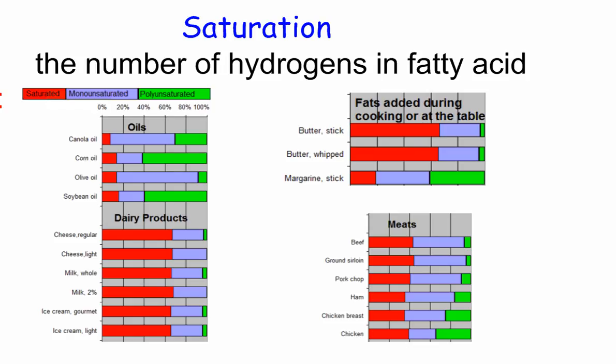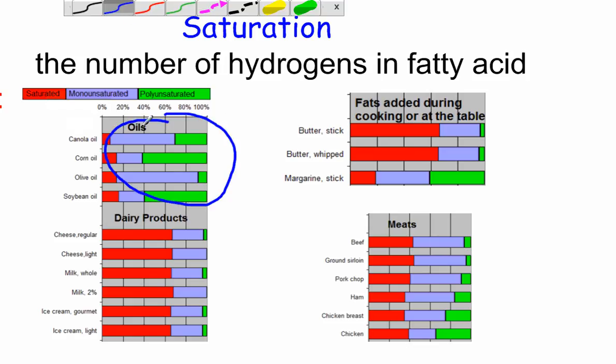In general, the more saturated a fat is with hydrogen, the worse it is for our health. The more polyunsaturated it is, the better it is for our health. So let's just take a look here. Here are some nice oils you can see, and the red here is the bad stuff, that's the saturated. But you can see that these oils, for the most part, are fairly unsaturated, so they're good oils to be